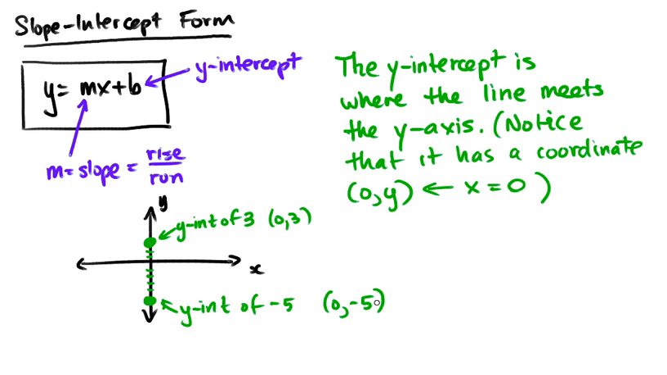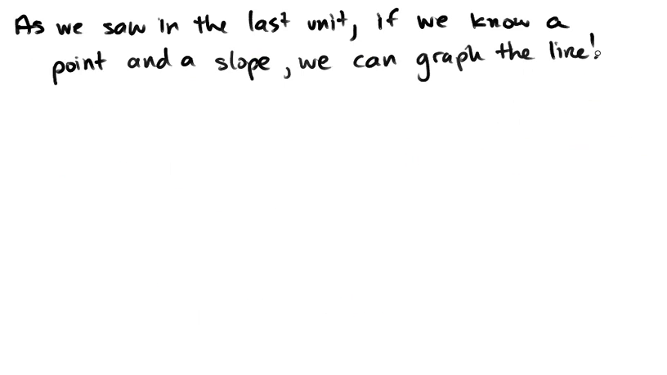Well, last unit we saw that if we knew a point and we knew the slope, we could graph the line. So now we know a point. Specifically, the point we know is a point called the y-intercept, and we know the slope from last unit is rise over run. So let's put that together. As we saw in the last unit, if we know a point and a slope, we can graph the line. For example, if I ask you to graph y equals 2x minus 1,